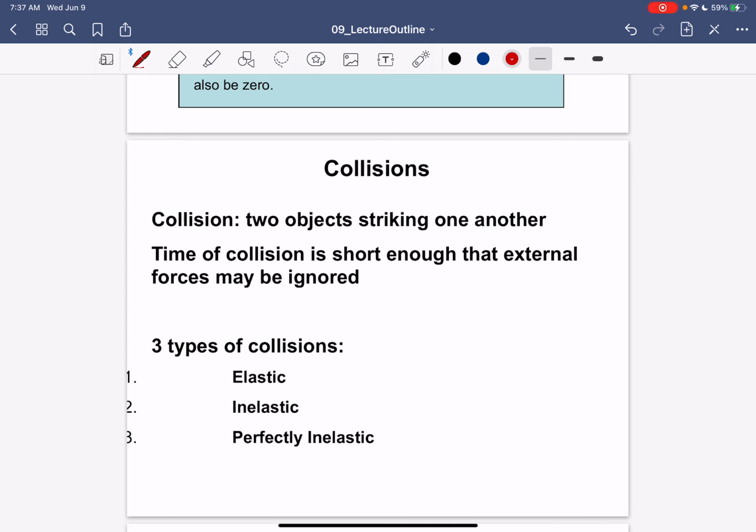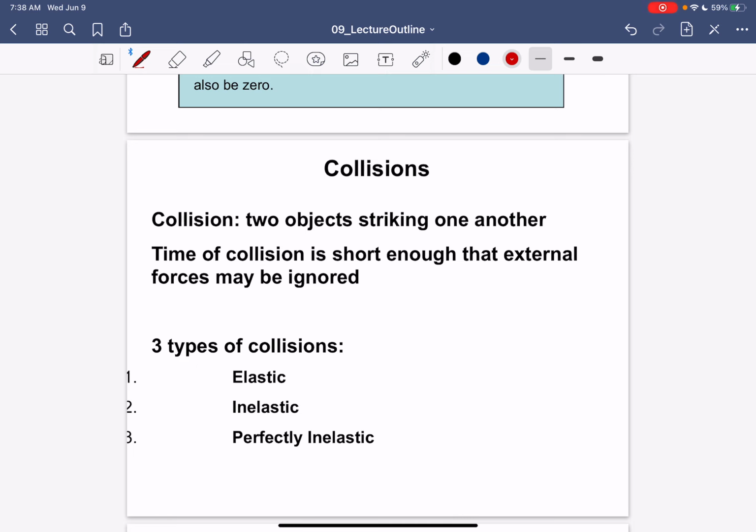It's an event where I have two or more objects, though we will deal more with two objects. These two objects are going to hit each other, they're going to interact, and through that interaction,